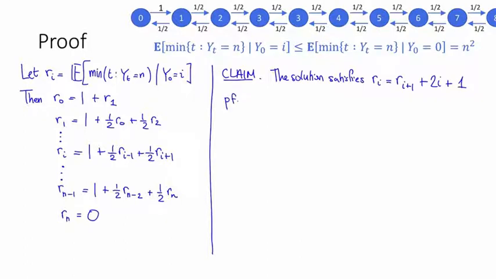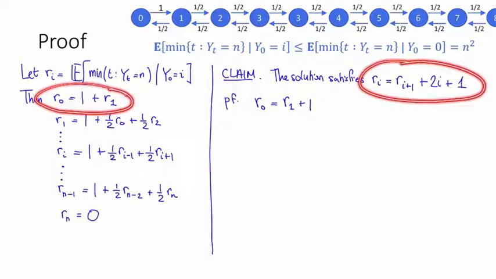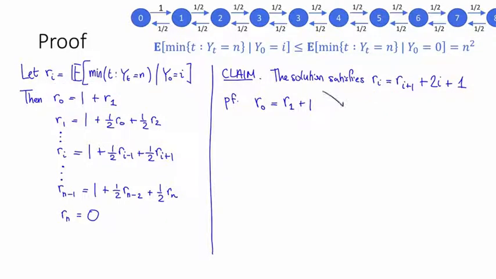We can prove this by induction on i. As a base case, we have that r naught is equal to r1 plus 1. That's just from over here, and also happens to be exactly what this thing is when you plug in i equals 0. So for i equals 0, this is true. For i greater than 0, let's suppose by induction that r_(i-1) is equal to r_i plus 2 times (i minus 1) plus 1. And then using this equation here,